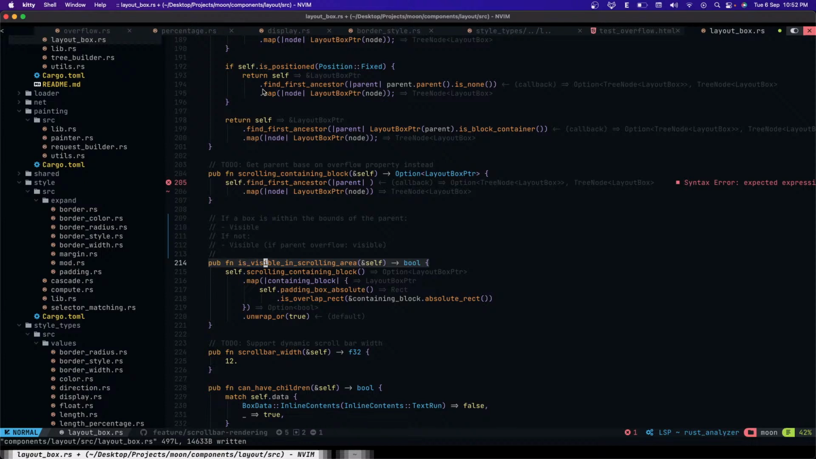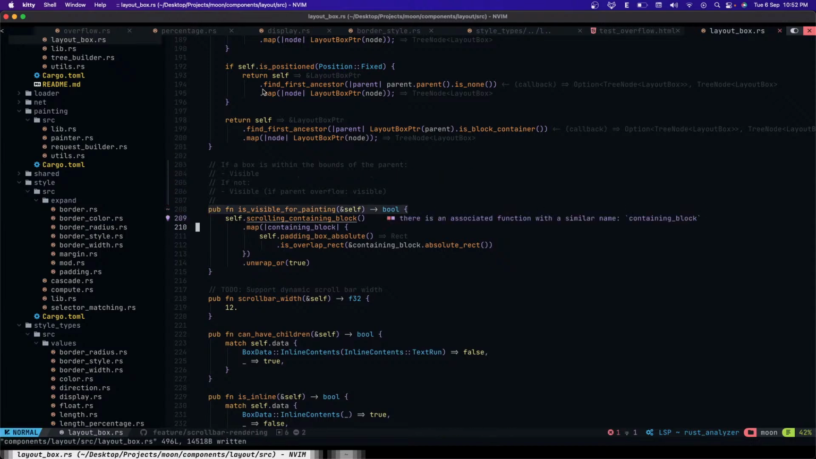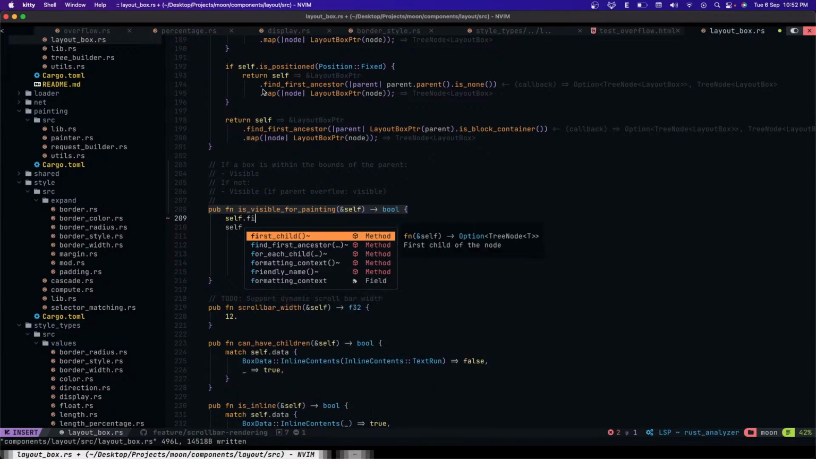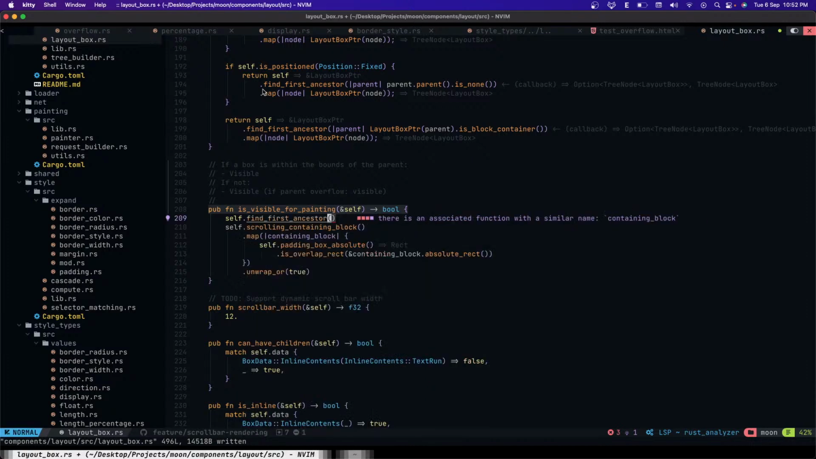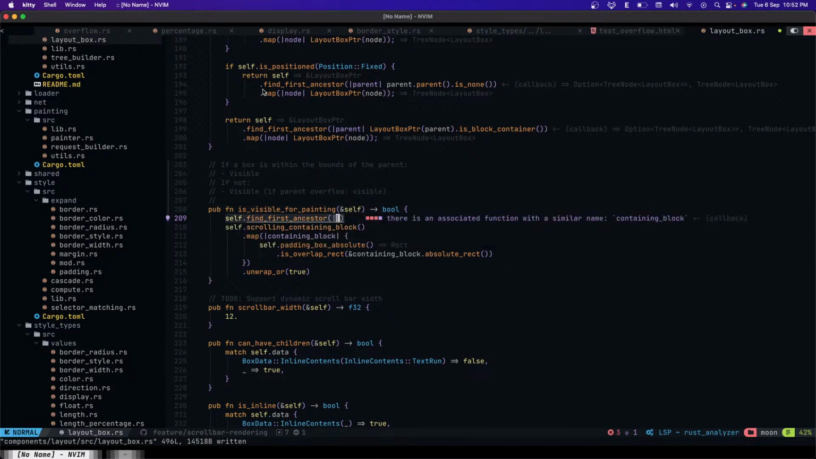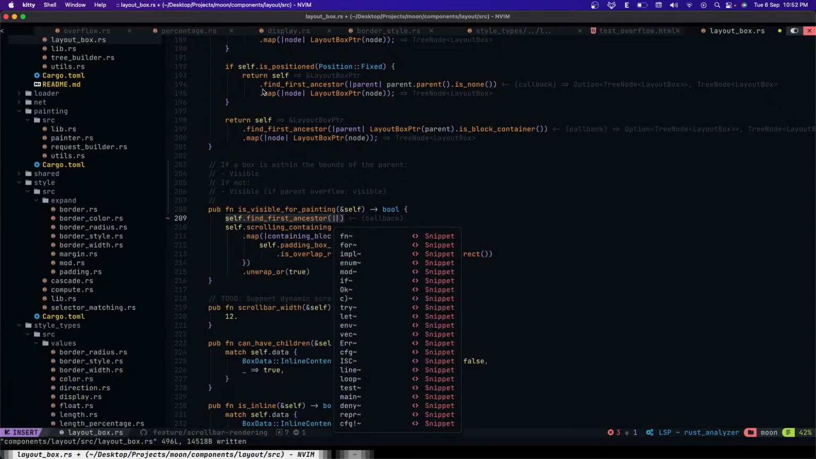Should check that it is visible for painting, because we're using this for painting. Visible for painting, yeah. And we actually don't need this. You just say self dot first and find first ancestor that, how to say, that has a